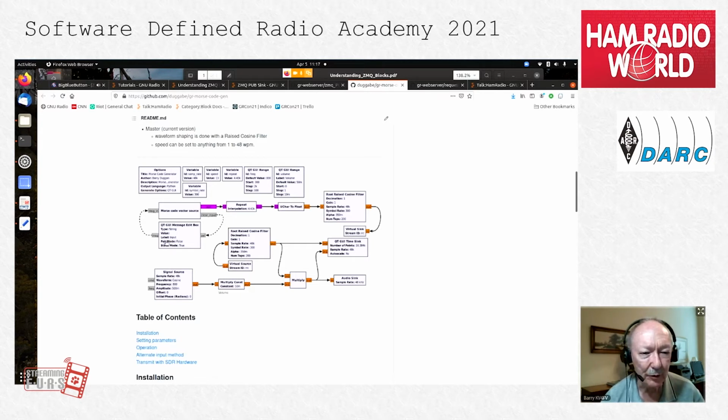Now here's an example where I used a Python program to send a clear message back to the message edit box. And this is another project I wrote, the Morse code generator. So you type in a line of code, this creates Morse code from it, but also sends a clear message back to the message edit box.